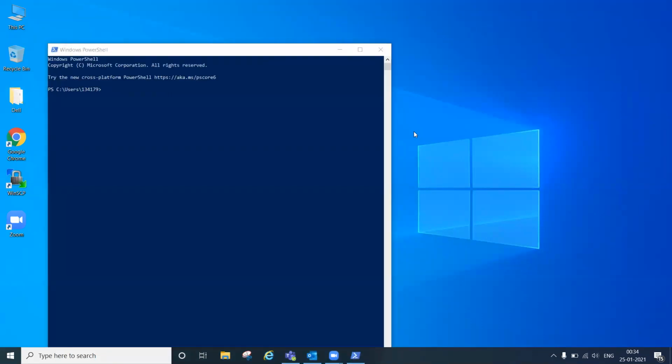So, this is what people normally see as PowerShell. Just go to your Windows Start, type in PowerShell and start it. What you are seeing now is the Windows PowerShell console that allows us to run different commands. For example, the Get-Service command that you are seeing on the console now.